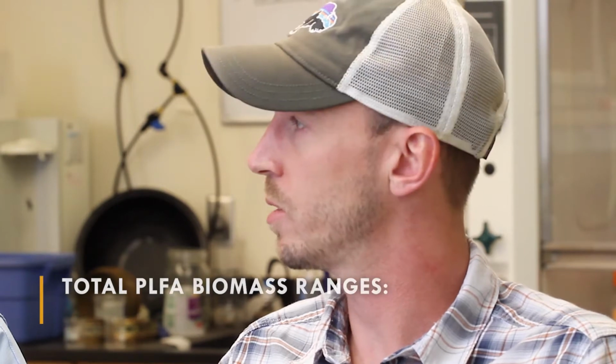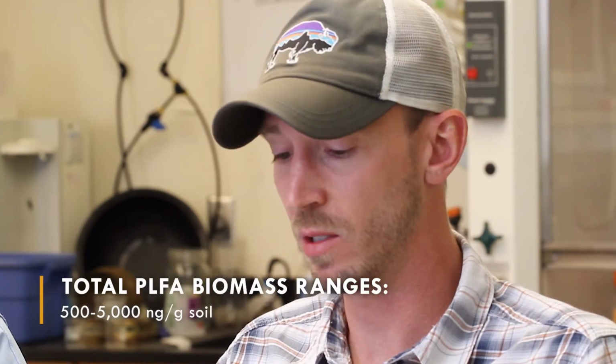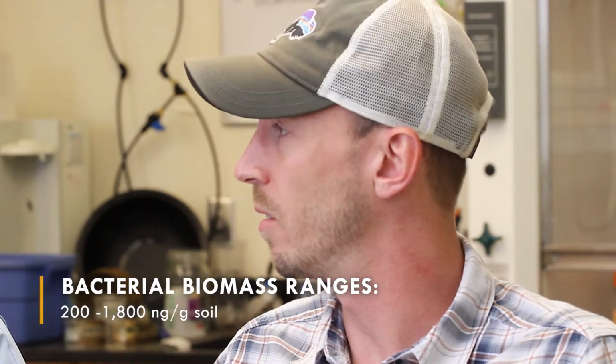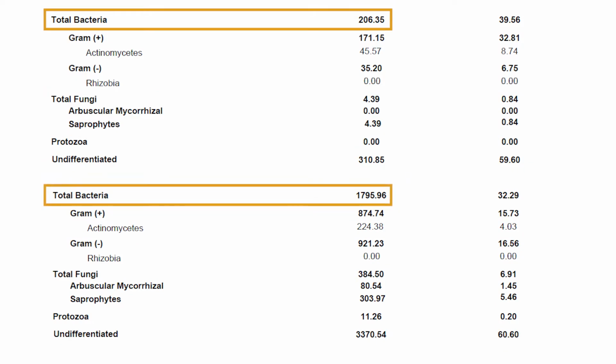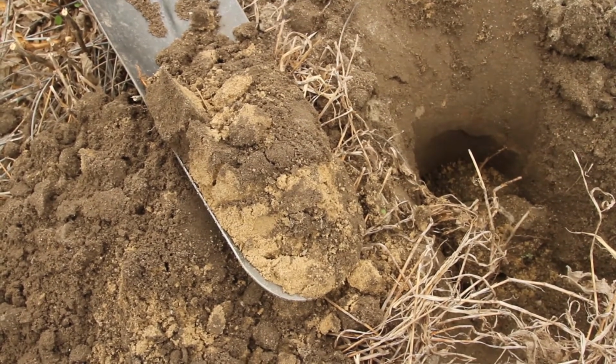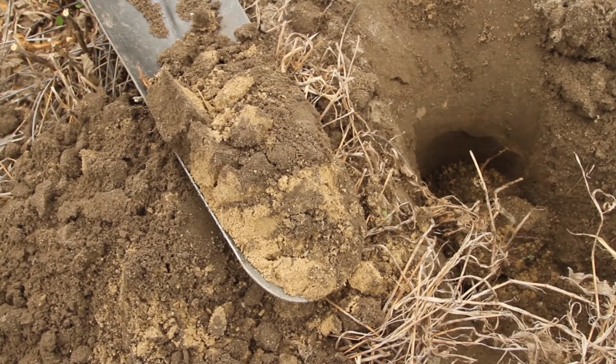So total biomass numbers range from 500 to over 5,000, but even within that, the bacterial numbers are ranging from 200 to 1,800. You know, there's a big swing in that as well. That's almost a 9 times difference, and that's based on management. Yeah, very much based on management. And there's obviously some small differences in these different soil types, but they're all coastal plain soils, they're all sandy. But most of that difference is going to be attributable to the way and the length of time that